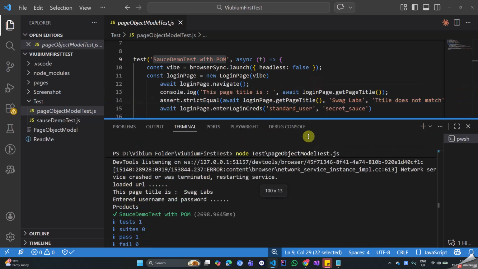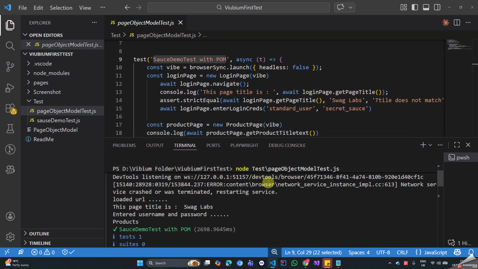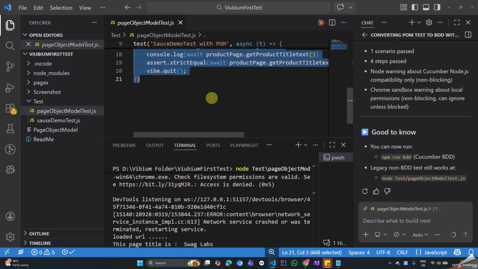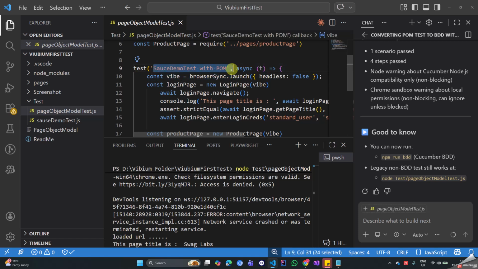And this time around, I want to do something really quick here, leveraging the power of AI to quickly transform our currently existing test into a BDD project. So what I'm going to do is I'll come over to the chat area and give a prompt to transform this test into BDD. So I'll copy the title of the test and I'll come over here and say